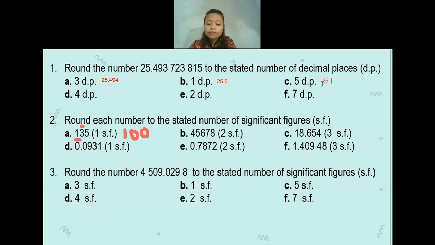25.49372. Okay, good job. For question D, if we round off the number to the nearest four decimal places, 25.4937. Okay. For question E, if we round off the number to the nearest two decimal places,